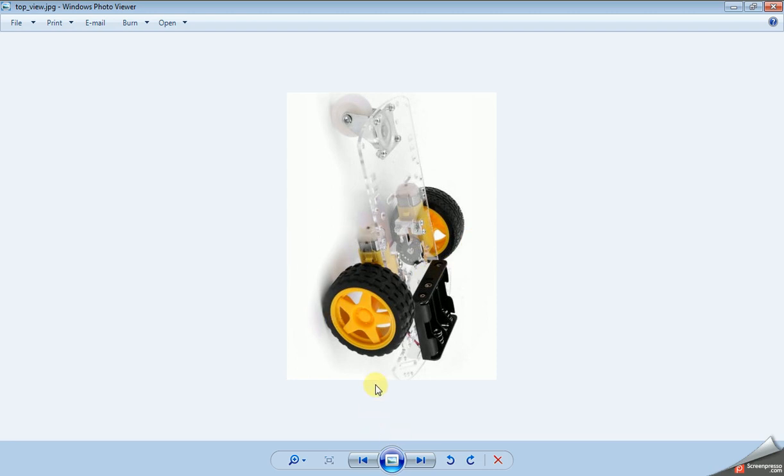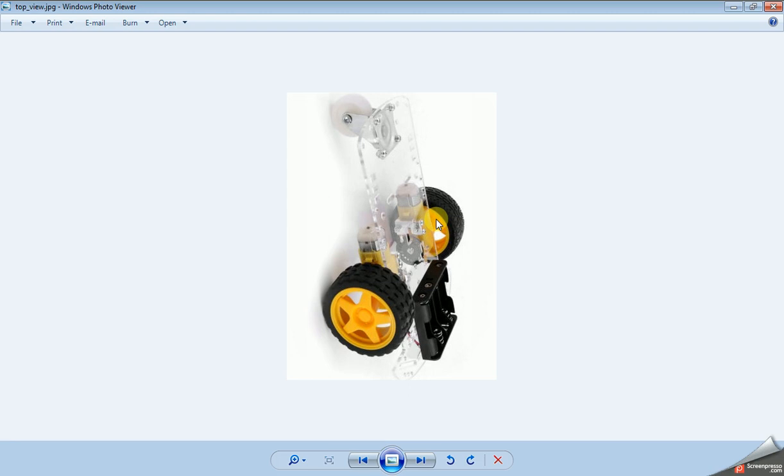If you want to move this robot to the right side, then the left motor has to rotate clockwise and the right motor has to rotate anti-clockwise.